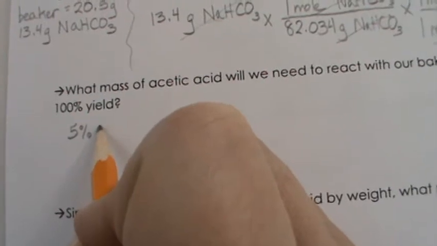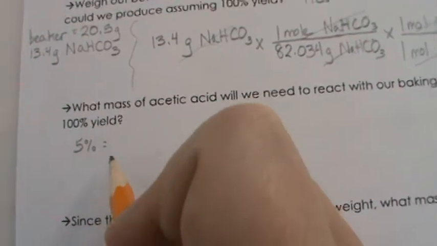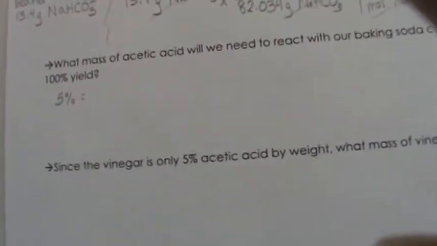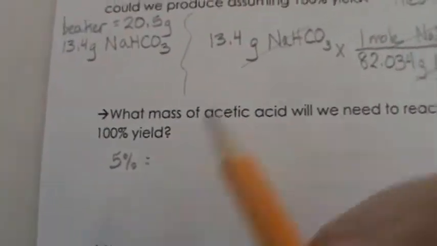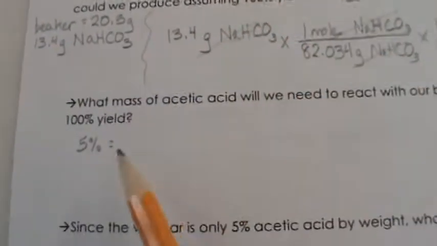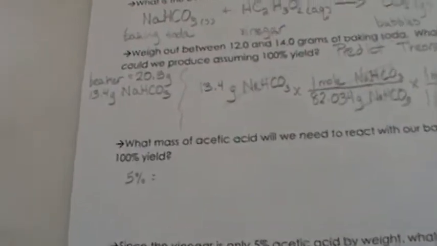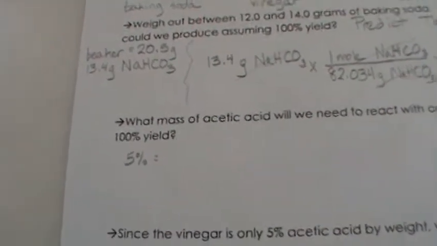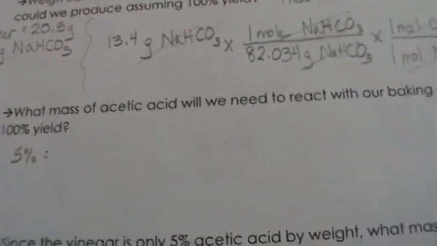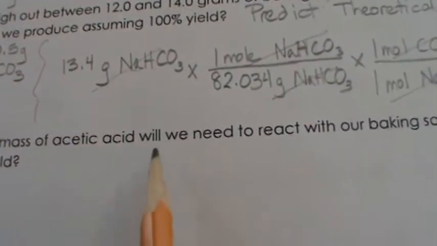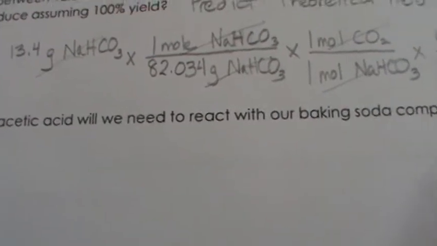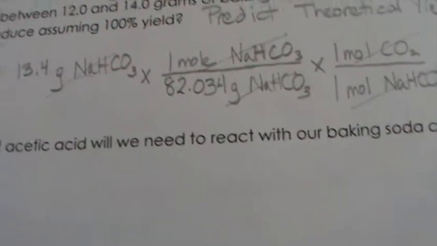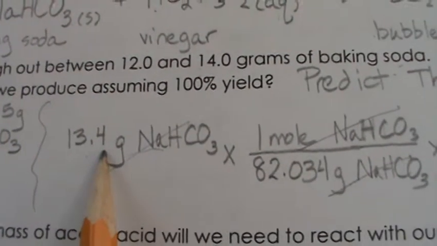So we need now to figure out how much vinegar we're going to need, based on a molar mass. What mass of acetic acid will we need to react with our baking soda completely? What this means from our 13.4,